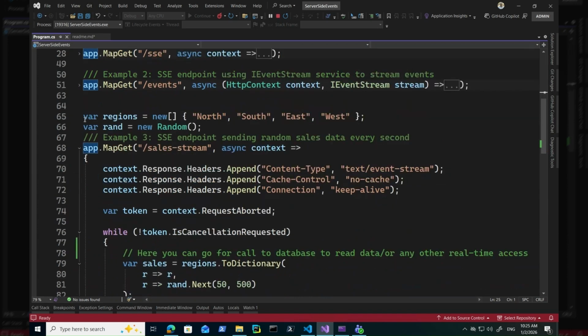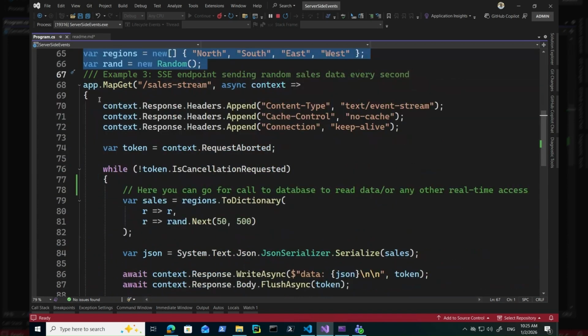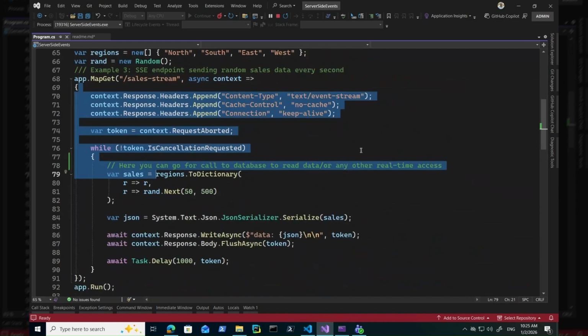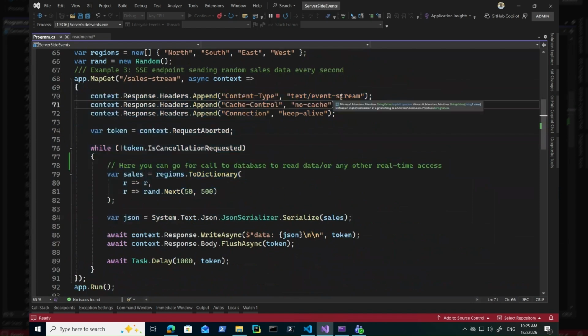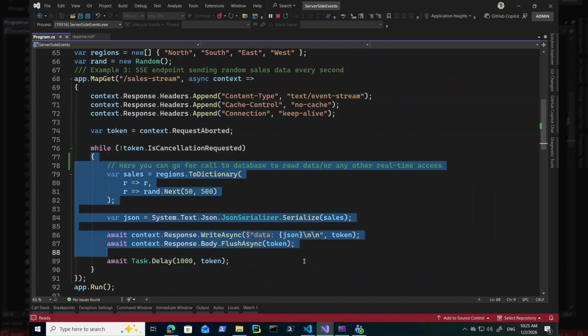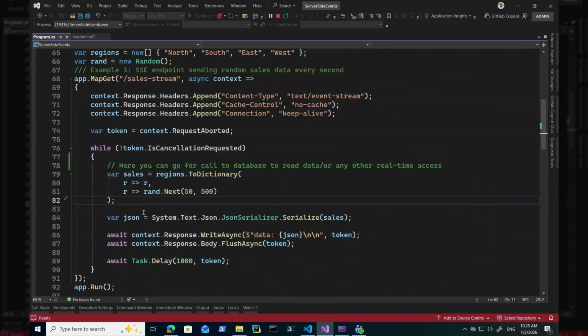So again, here I have defined some regions, and then this is my endpoint. This endpoint actually has the response header for the text event stream, and then this is my logic. I already told you that since this is for the sake of demonstration purposes, I have randomly generated some values and they are written into my response body. Now, the text slash event stream, this is the MIME type, which is saying that the data will be streamed. And now to this, I have to have the subscription from my